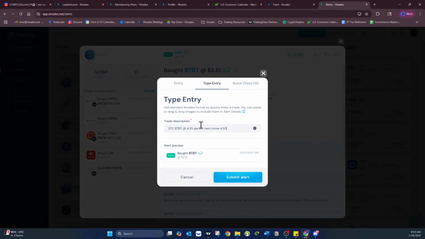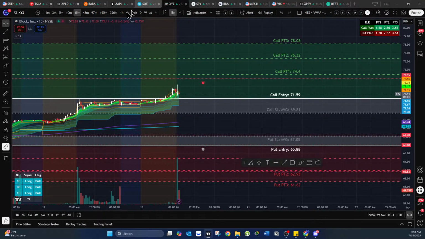I'm really considering a swing on XYZ. I can't believe this thing left on me. I'm going to set some orders here, guys, on XYZ, to be honest. If this pulls back, I would love a trade on this. So give me a second here. Let me just look at the options chain. One sec.